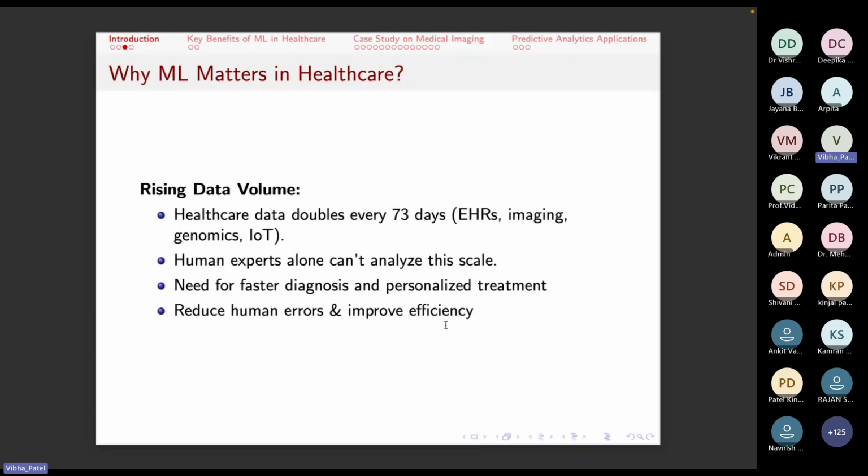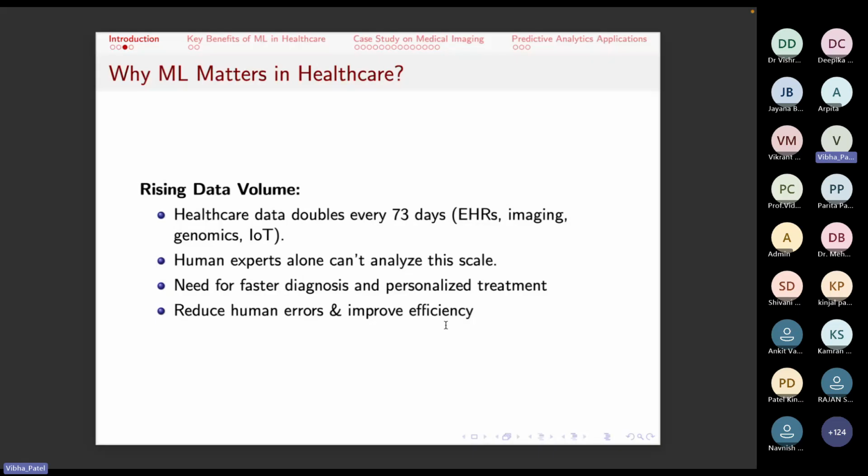Doctors, we say they are God, but everyone can make mistakes, even doctors can make mistakes. So it's likely that a person is suffering from diabetes, but a doctor, for some reason, says that you're not suffering from diabetes. Or a patient is suffering from cancer and a doctor was not in a position to interpret the MRI image properly, and he said that you are not suffering from cancer. So if such things are left undetected, no doubt diabetes may have repercussions later on, but cancer